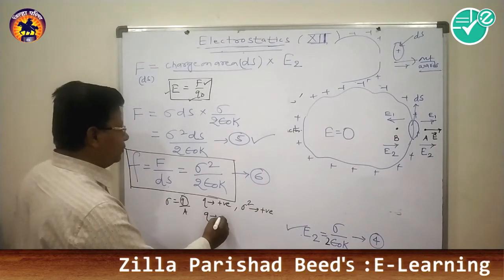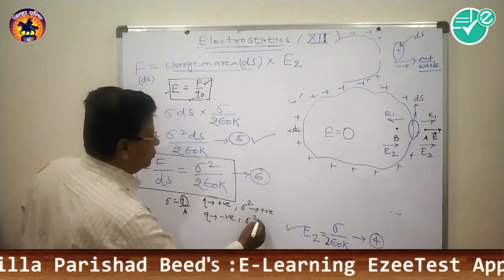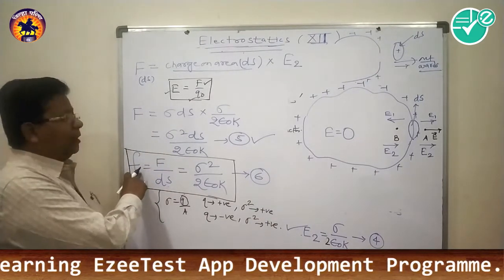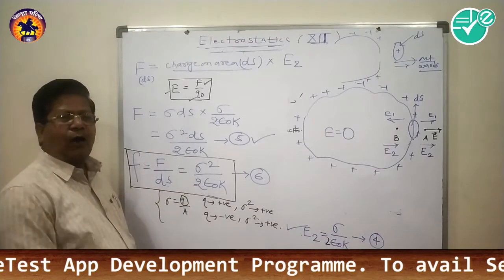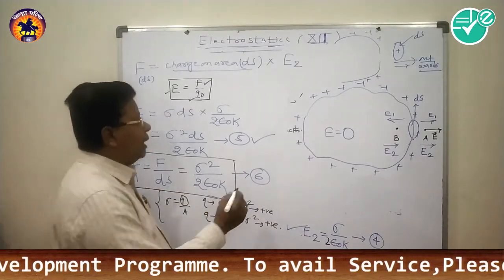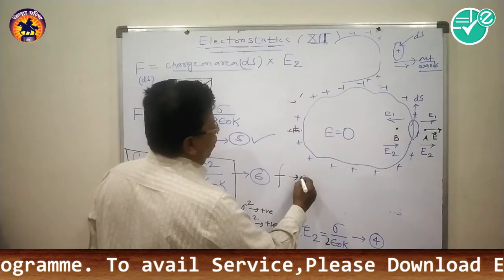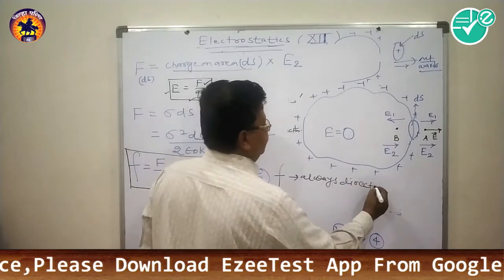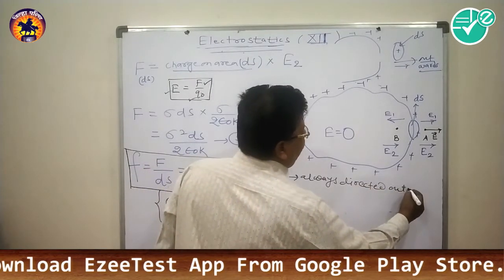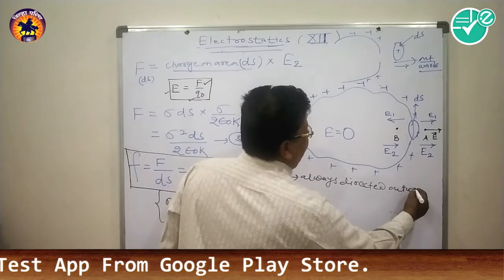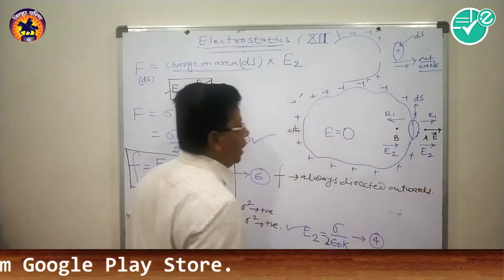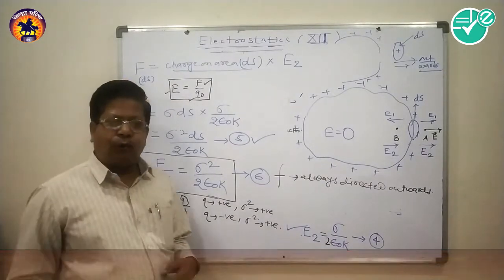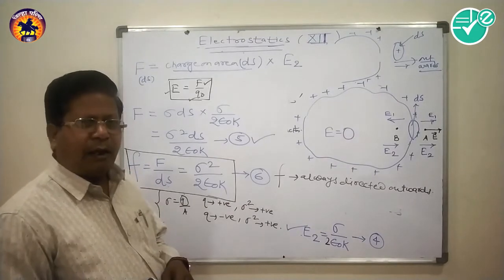If charge is negative, again sigma square is also positive. So this mechanical force per unit area of a charged conductor is always directed outwards. So mechanical force per unit area is always acting in the outward direction,